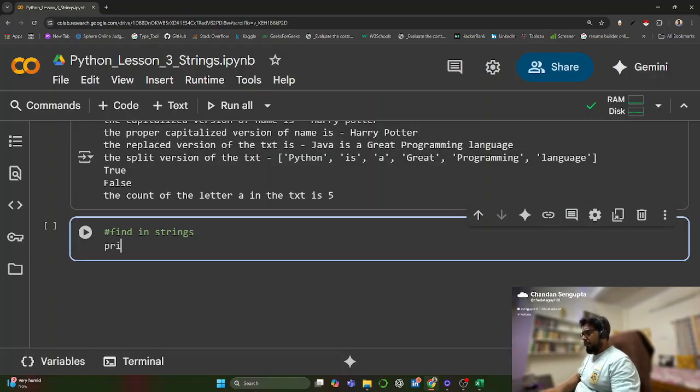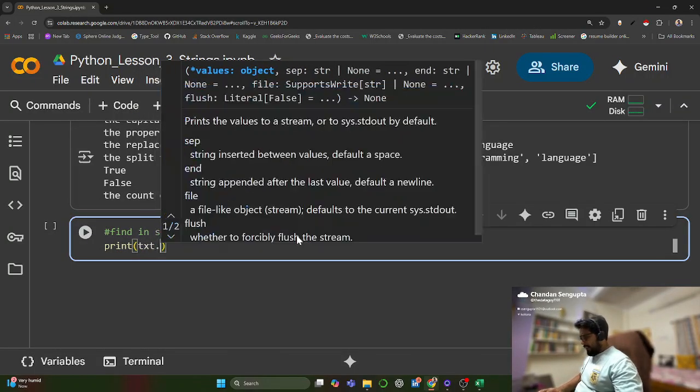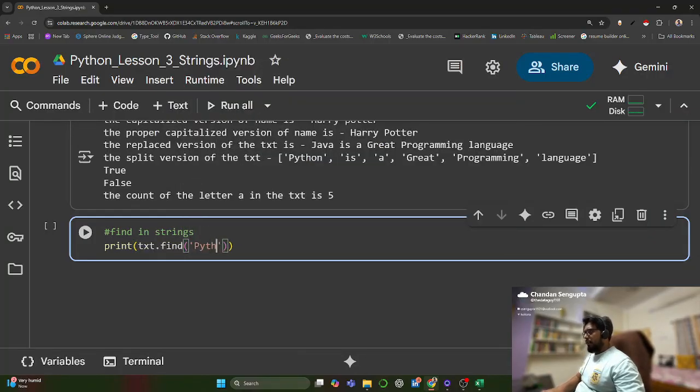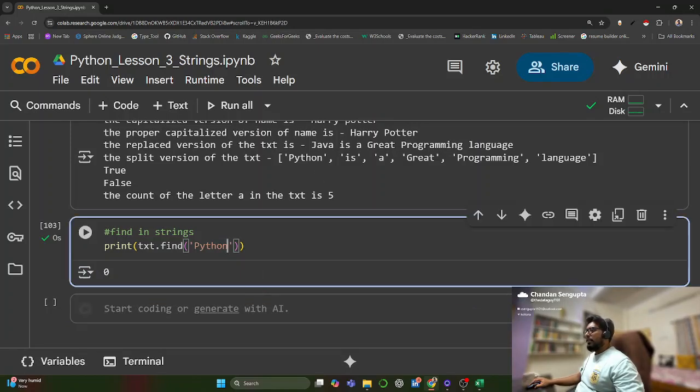So if I do print txt dot find, I want to find Python. Python is at the 0th index, the very first element, right? And if I want to find out, let's say, great,